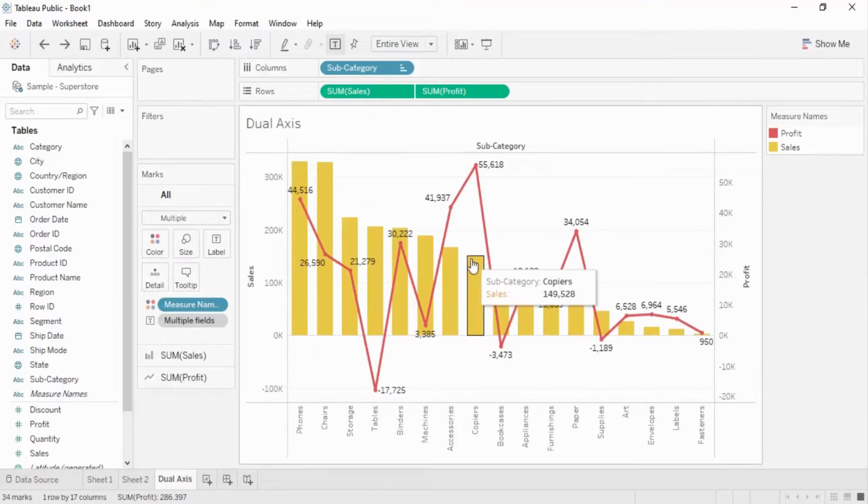That's the dual axis. Now this dual axis is actually working as a common visualization only. So any changes to the formatting that you want to do, you can just go to the format tab and perform any of those changes. Now let's talk about more values that we want to work with. Suppose